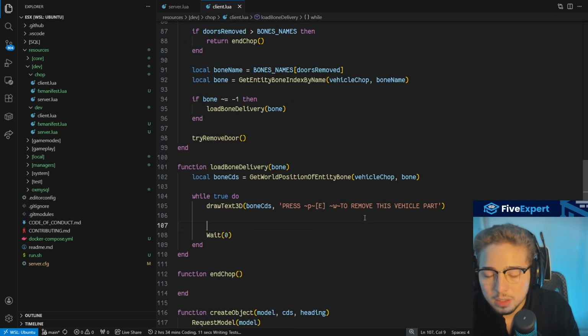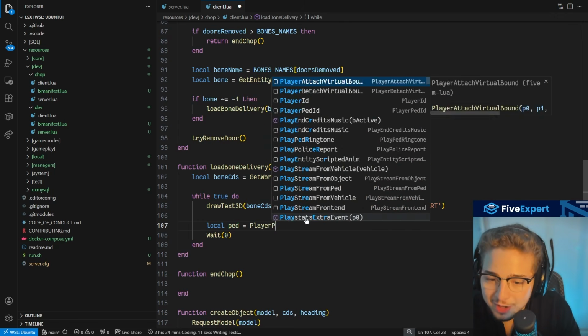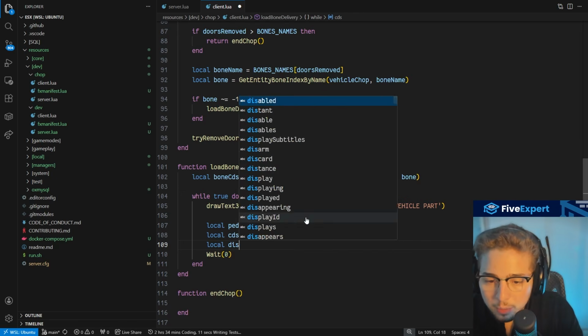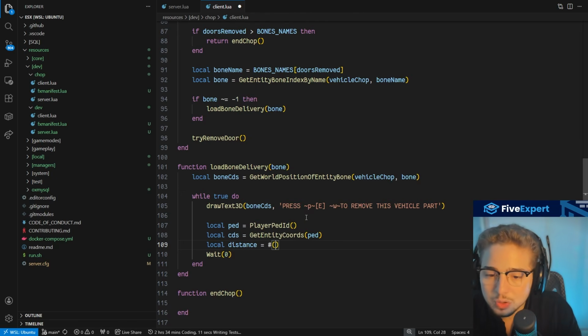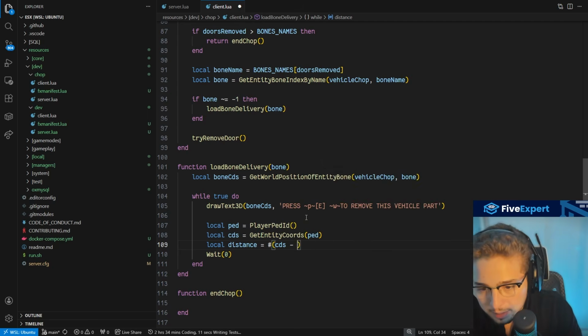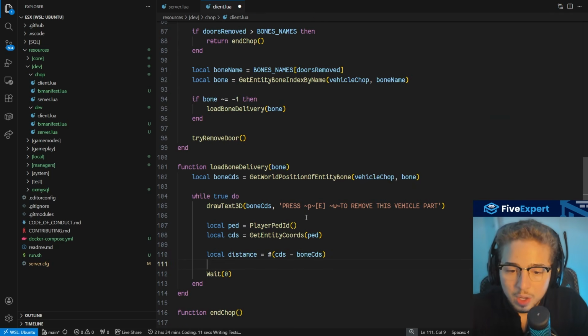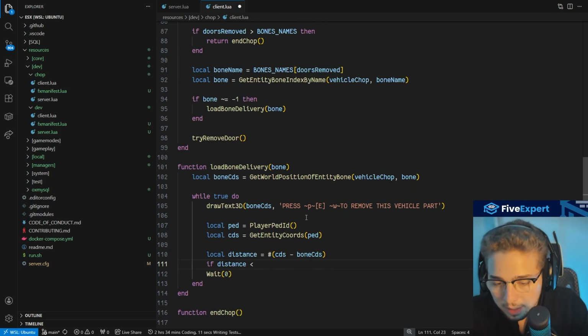Yes, press E, but we need to calculate. First, we need to have the ped, right? And after that, we need to have the coordinates of the ped to calculate the distance between the ped and the door, right? The bone. So ped, and now we've got to calculate the distance between the coordinates of the ped and the bone coordinates. Yes, coordinates and bone coordinates. I think it's better the coordinates first. And if the distance is less than something like 1.5, then